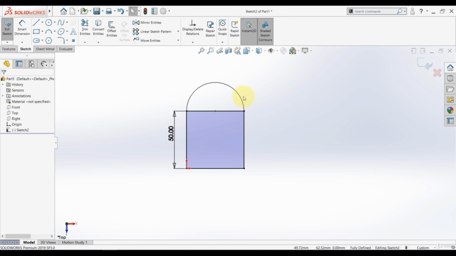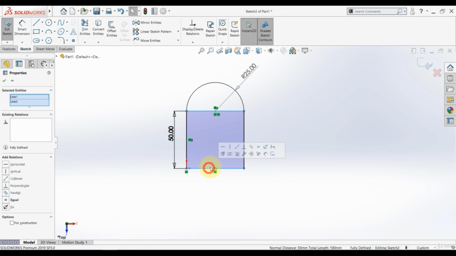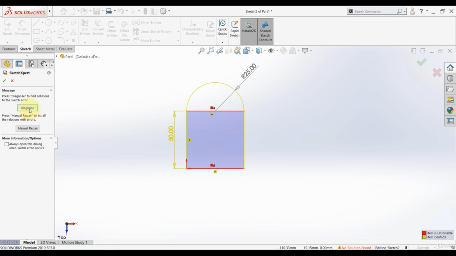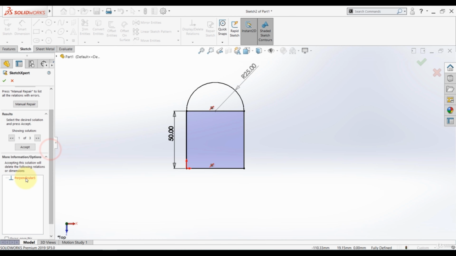Now since this is half a circle, we have a tangent here and we have a tangent here, and the radius is 25. So there's no point of defining the radius here, but what happens if we define this radius? And then let's define another relation. Let's say these two lines to be perpendicular. Now we have two problems, not one. So select here, go to Diagnose, then let's say the first thing is that the perpendicular